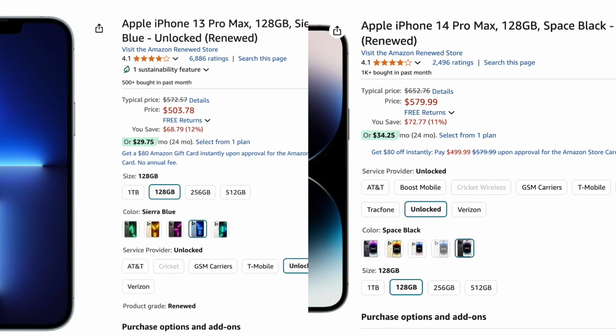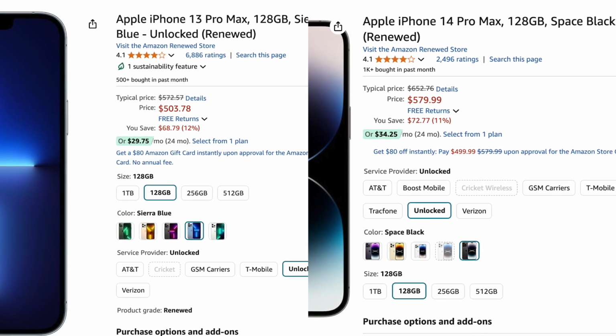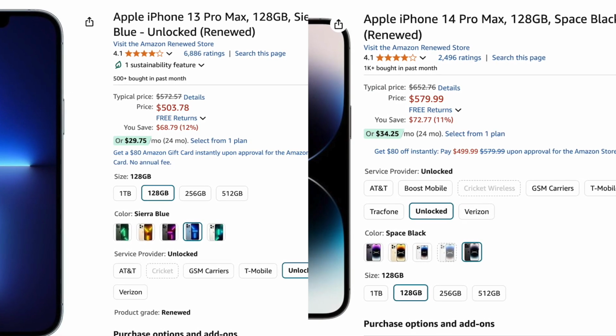action mode. And then my top choice for the bigger screen size would have to be the iPhone 14 Pro Max, which you can find for just under $600. Now the reason why I chose this phone over the iPhone 13 Pro Max is because the iPhone 14 Pro Max price is currently very close to the iPhone 13 Pro Max's price, so it just made sense for me to recommend it here. And then moving into the under $800 range, we're starting to get into some of the